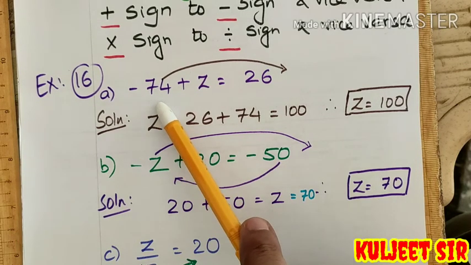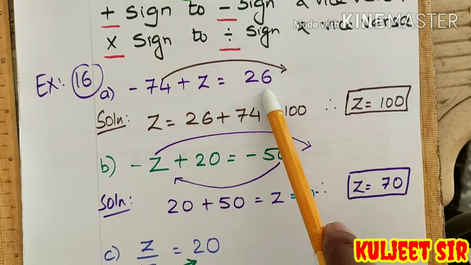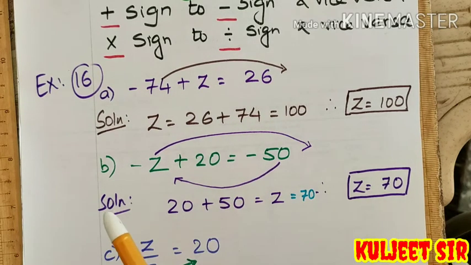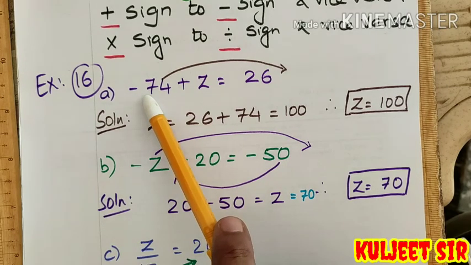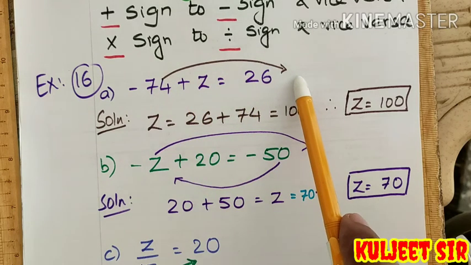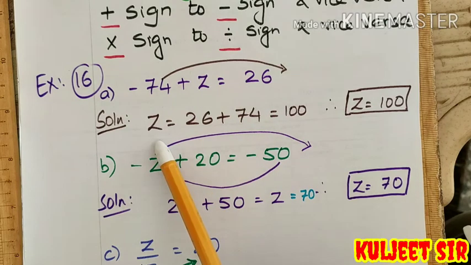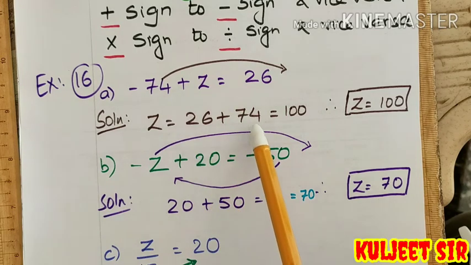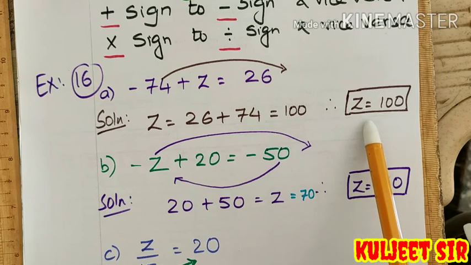The first one, minus 74 plus z is equal to 26. Now you know very well that these two are the constants, and we need to find the value of z. So what will I do? Just by observing, I have an idea that this is minus. So I have shown an arrow also, you can see. I will take this onto the other side of equal to. So this will become plus 74. You can see in the next step, 26 is as it is. This was minus 74 which has gone to the other side of equal to, so has become plus 74. I add the two and I get the value as 100. So z is equal to 100.